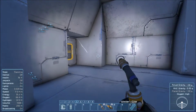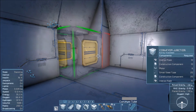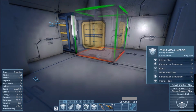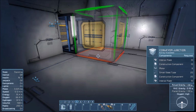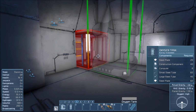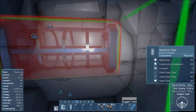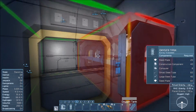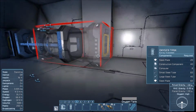Yeah, so we've got the air vent in here, and then what we need is a conveyor junction, and then we can have our oxygen tank. I believe. Yes. Yeah, oxygen tank. Okay. So we can have our oxygen tank, say, here. Yeah. And that should hold all the oxygen that we need. And then we can have something